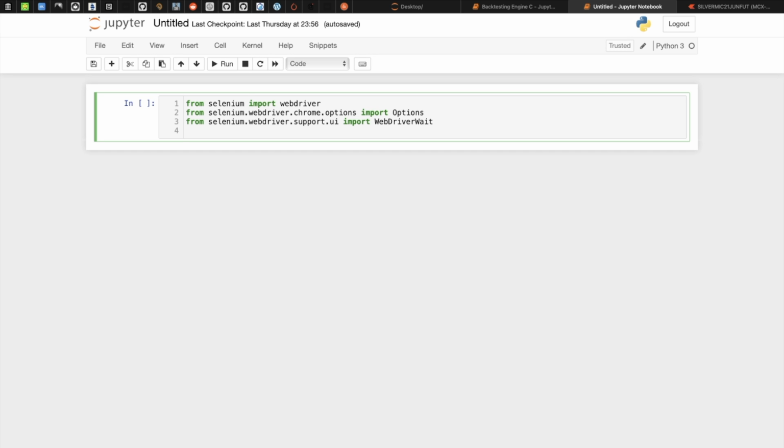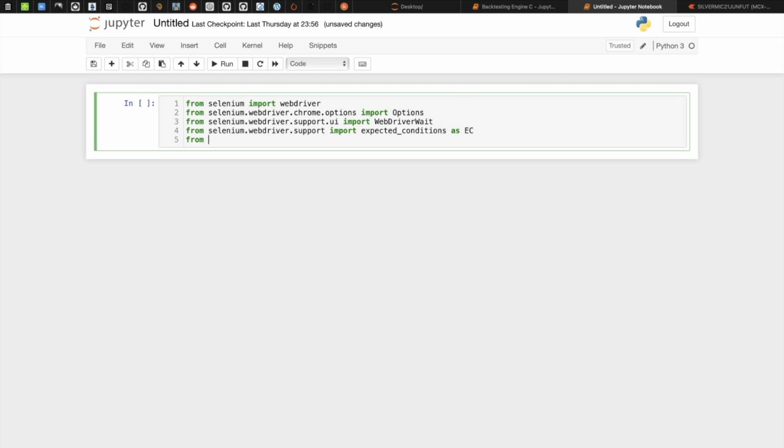Next, from selenium.webdriver.support import expected_conditions. Expected conditions is the condition we want to wait for, while WebDriverWait is the one above it.